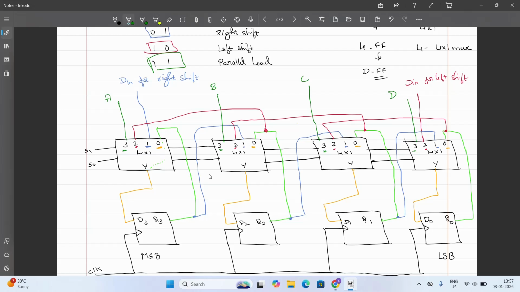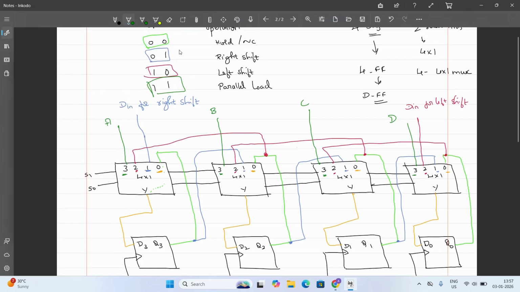This is how you draw the universal shift register based upon the table that is given, operation. Even if I interchange these operations for different values, you should be able to draw it. So please look at the value, look at the operation, and then do the connections. Okay, so I hope this is